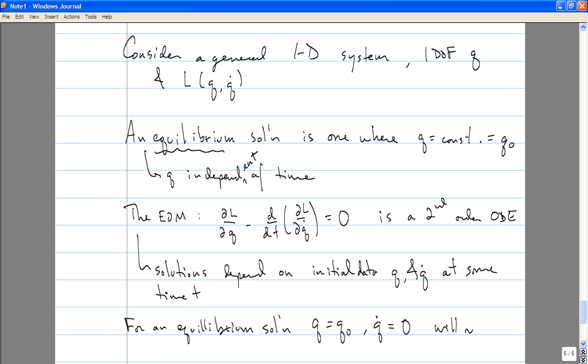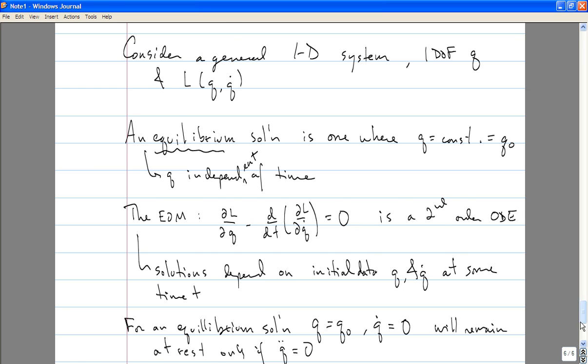So it will remain at rest only if q double dot vanishes. So we imagine looking for solutions to the equations of motion, ∂L/∂q minus d/dt ∂L/∂q dot. And we start with some initial values for q with q dot equal to 0. And then we ask if, when we plug that into the equations of motion, q double dot is equal to 0. So what does that mean?